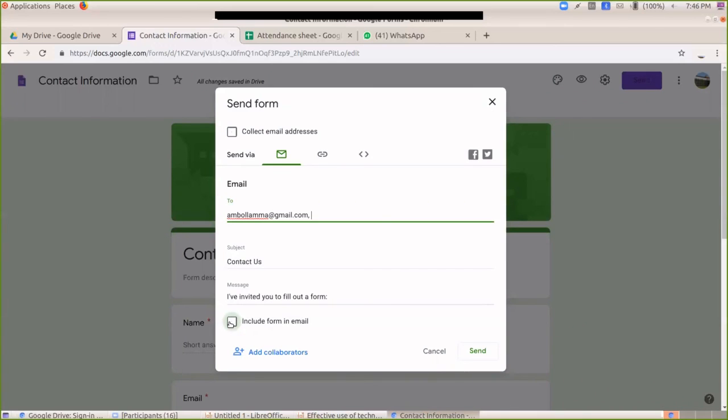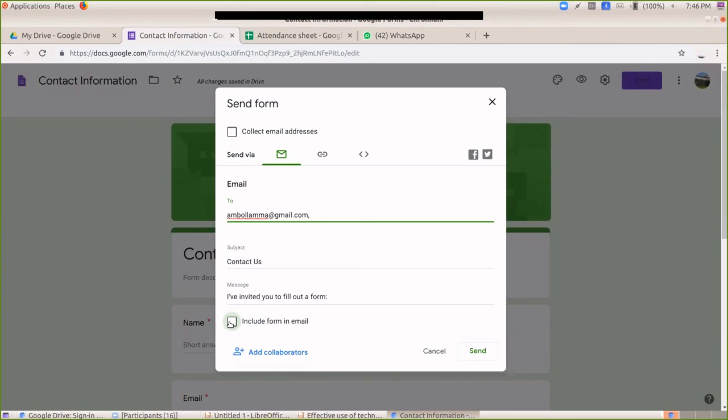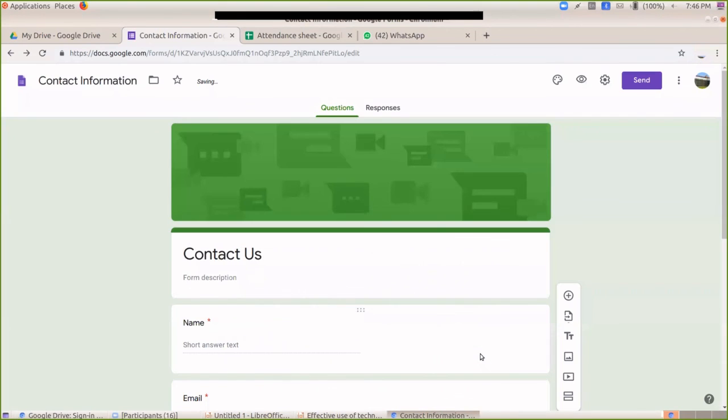So when you open your email, then you can see the form in the email itself. So when I check this and click the send button, an email will be sent to Madam's email.